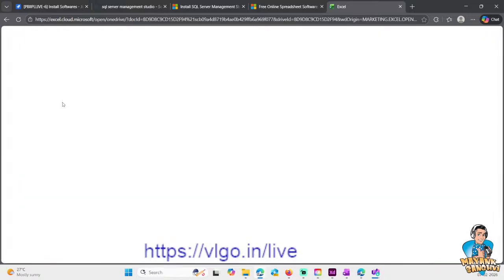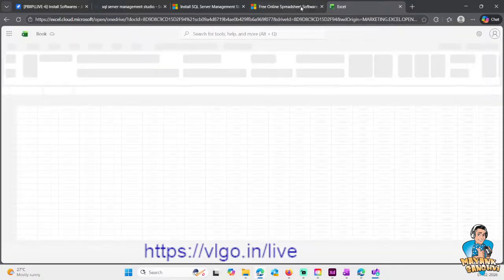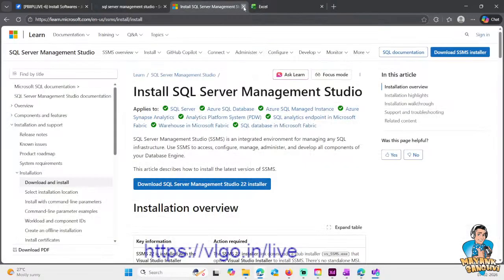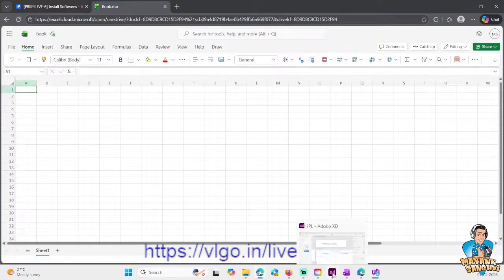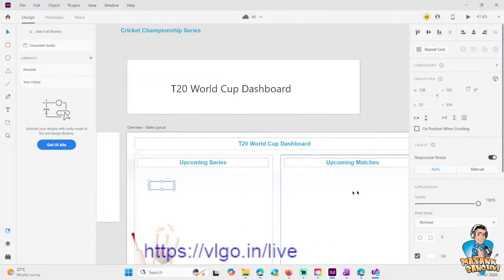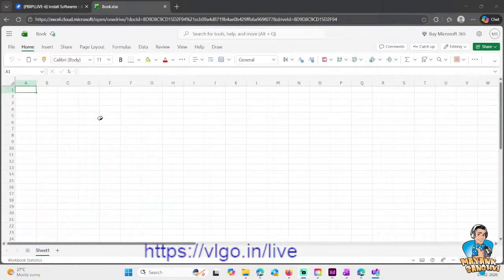So, create blank workbook. Okay, so we have two sections, left and right. So we need two sections, left and right. On the left and right, left section, I will say,